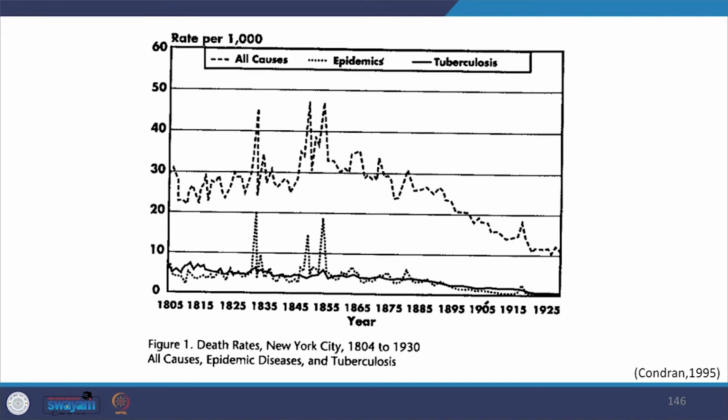In the graph, you can see the death rate per thousand in New York City from 1804 to 1930. By the 19th century, most New Yorkers had a clear understanding of the word epidemic. It was an ugly and frightening situation. In 1798, nearly 800 deaths from yellow fever increased the death toll for the year by nearly 50%. More than 5,000 residents of New York died of cholera in 1849. Smallpox killed only 26 of the city's inhabitants in 1868, but caused 1,920 deaths 4 years later.